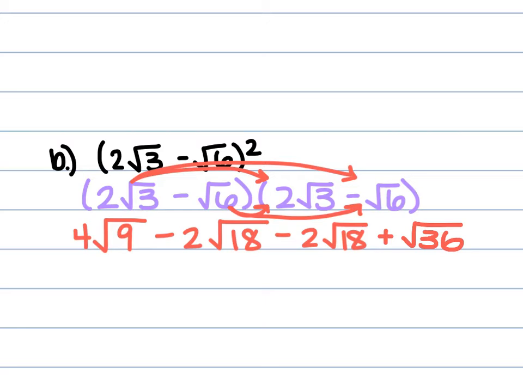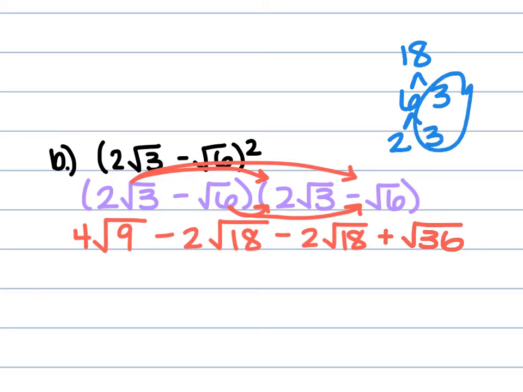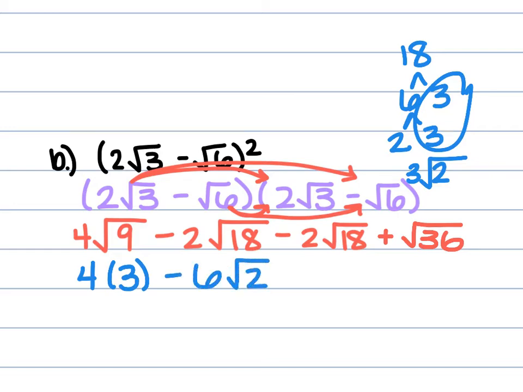That square root of 18, think about it. Your prime factorization of 18, you have 6 and 3. The 6 is 2 and 3. Pair of 2, so that's 3 square root 2. So that 3 times the negative 2 is going to give us a negative 6 square root 2. There we go. So then the next one turns into the same thing, negative 6 square root 2, and then